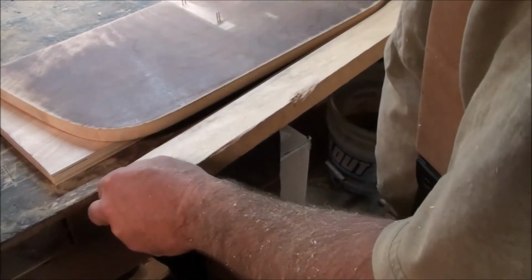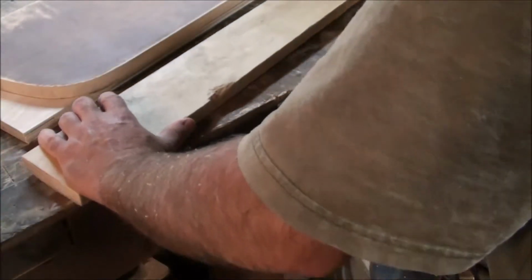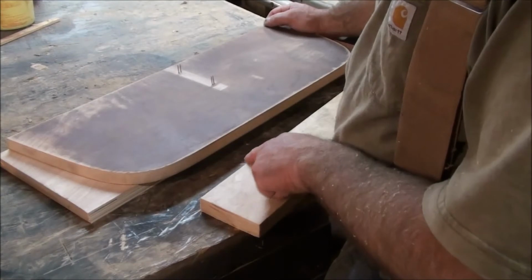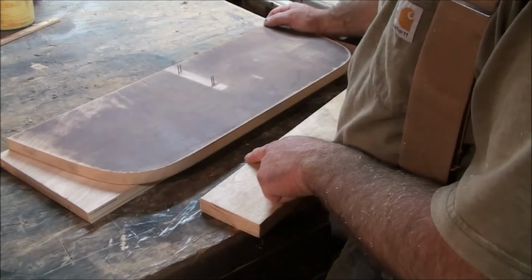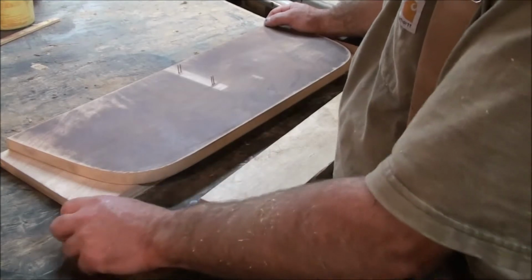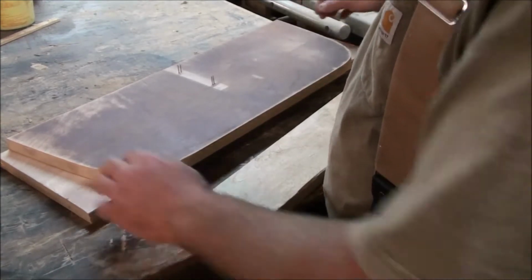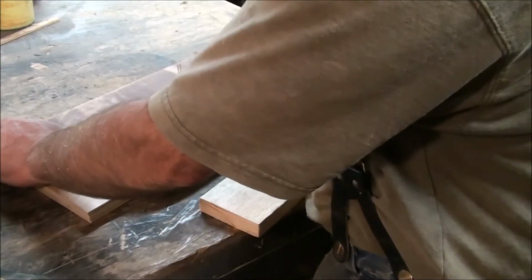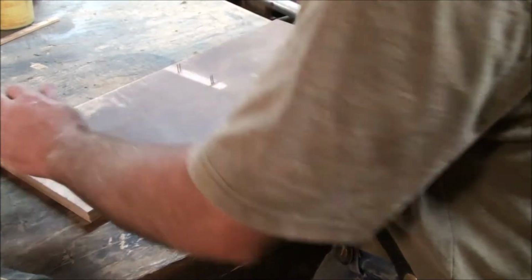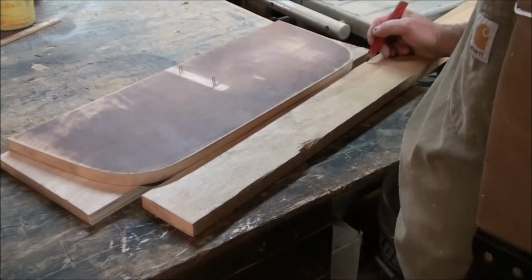I'll place a piece of birch plywood here on the front of this. I have to clean up this edge here and make it nice and square and flat all the way across there, so I can glue it to the front face of the plywood here. So I want to figure out how long to make this piece of wood, and that'll be plenty long right